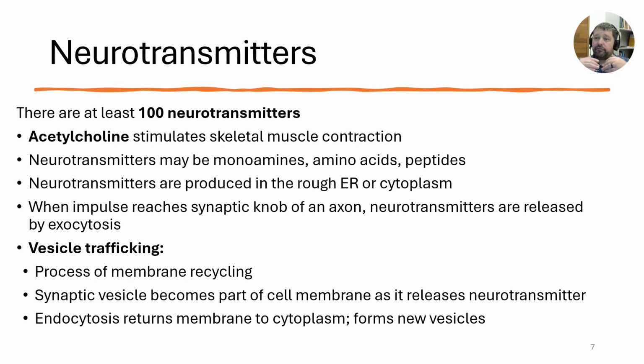Endocytosis, the membrane flexes, it bends in, material comes in and it engulfs it and encapsulates it in a membrane and brings it in, and now that forms a new vesicle and whatnot.